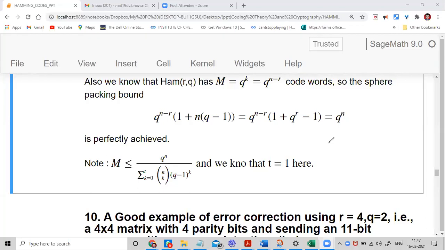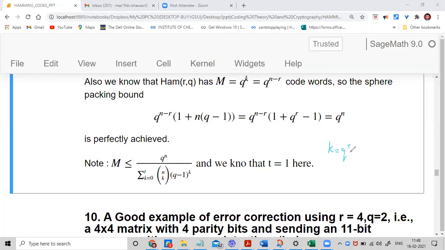In general, you tell me, what is k? So in terms of R? R only, yes. So some 2 raised to R minus R or something. Why k is equal to 2 power R minus R minus 1? Why is it so? Because it is n minus R, right? That's why. n is equal to 2 power R minus 1. You know why it is 2 power R minus 1? I am removing the 0 thing, right? So that's why k is equal to 2 power R minus R minus 1.